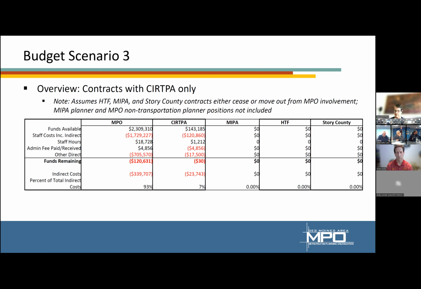You're telling me in the scenario before, Bob, that you can do MPO things and CERTA things at the 17,000 hours. But those hours are people too. So we'd have to cut some, that's significant costs. To some extent you can leverage some of those hours. You still have the same essentially fixed cost for those people. And that's the way I see it. We hire people for MIPA, but they're not paid by MIPA entirely.